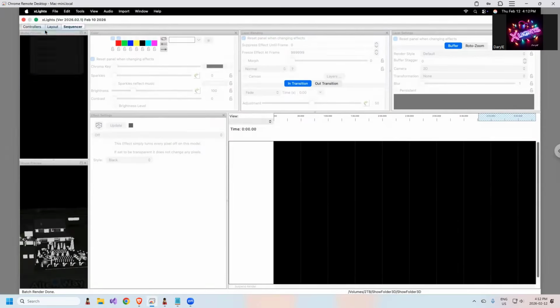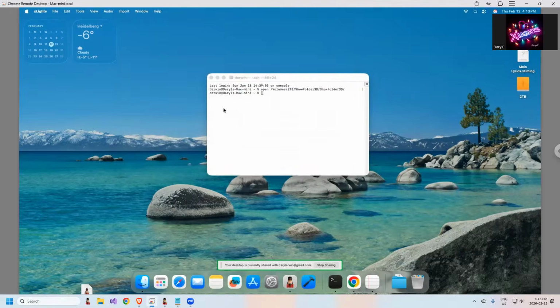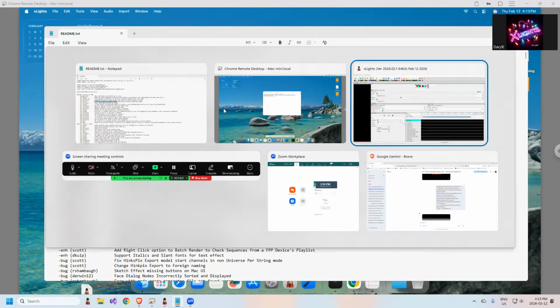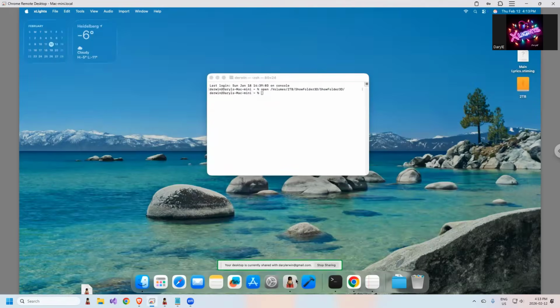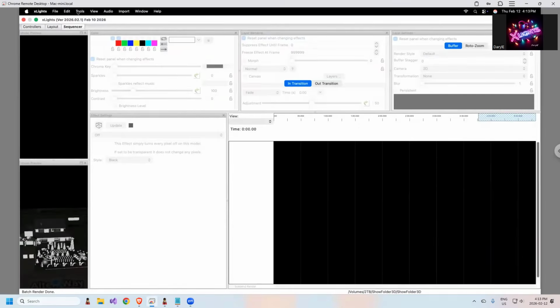xLights preferences, and then you'll have this option here. There's the Gemini. You would put a check mark in the API key once you've signed up for an account. But if you're on Apple Intelligence, it's just the checkbox here. Once you've done that, you could do the test and it'll say, yes, it's connected. And then if you come back and go to the xLights again, you could do the same features, tools,